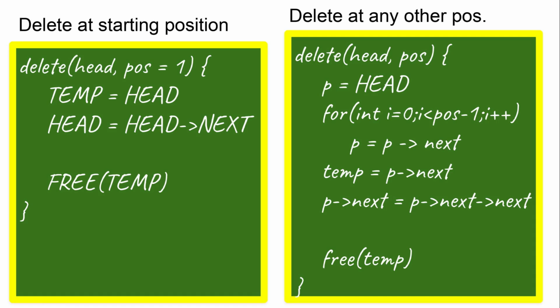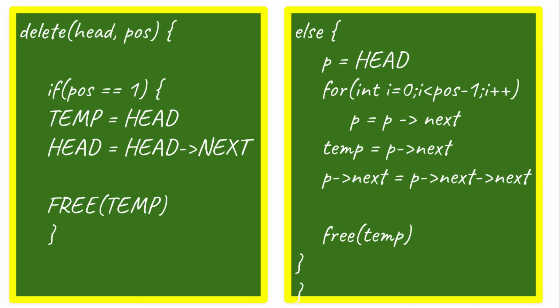So in the end, we have two pseudocodes because one was common for two cases, that is specific and the end position, and one was for the starting position. So now we are going to combine these two into a single pseudocode. I will use an if statement. So I will say if position is 1, then use the code for the starting node, and else use the other pseudocode.